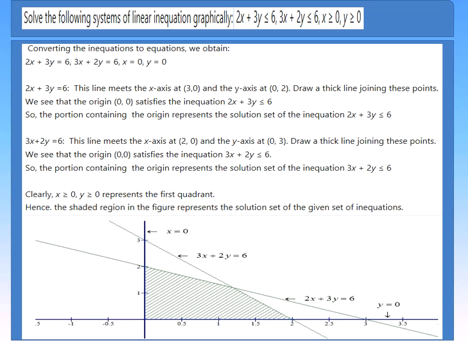And if I consider 3x plus 2y less or equal to 6, where if I put the value x equal to 0 and y equal to 0, again you get a condition 0 is less or equal to 6. So again you need to consider the lower half plane of the straight line. But we need to consider the intersection part of these two straight lines, which means the part common between the two regions. Check the shaded part. It indicates the region that is actually the feasible region or the solution region, and it's bounded in the positive side of x and in the positive side of y. I think it's clear. The shaded region is already indicated in the figure.